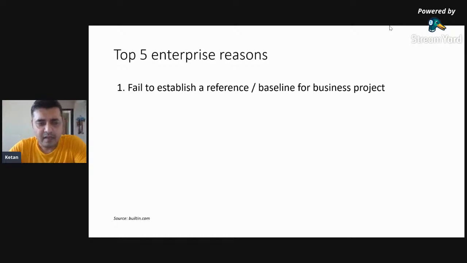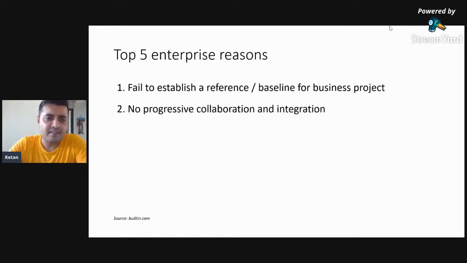behind it. The second reason is there is no progressive or continuous collaboration and integration. Whatever data, especially, I personally do not do any Kaggle, reason being, the Kaggle data is already 80% done. The most important things, like cleaning the data and getting missing values, how you treat the missing values, what to neglect, what to keep, is already done. After that, it's just creating a model, and you will see that the winners start creating more and more ensemble models, one model on top of another. And when it comes to real life, where there is a lot of collaboration and integration required between data